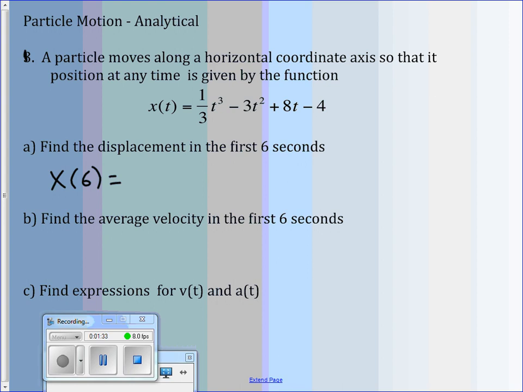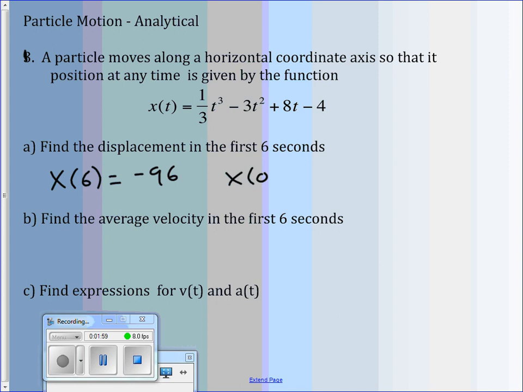Because this is a classic, it wraps up all the features of a classic motion problem on the AP test, on a chapter test, and we want to be able to do these rigorously with all the explanations needed, showing all the work as needed. Okay, so you just substitute into there, and you get negative 96. I'm not going to do the algebra for that. You can evaluate that. And if you evaluate x of 0,